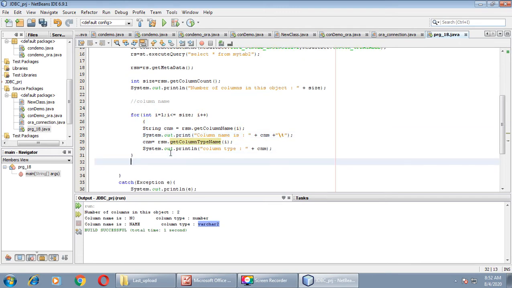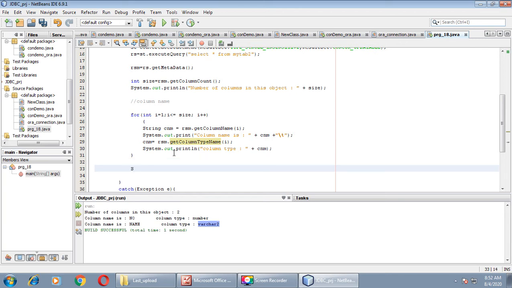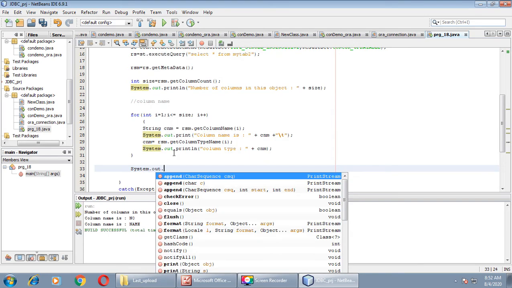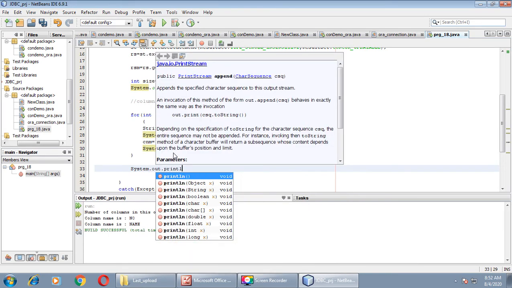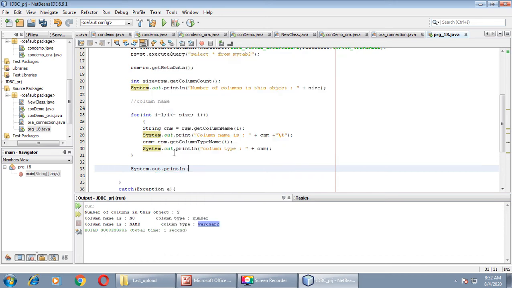Next we'll take one more method, system.out.println. Inside the bracket we'll type column type, column is searchable or not. Is column searchable?